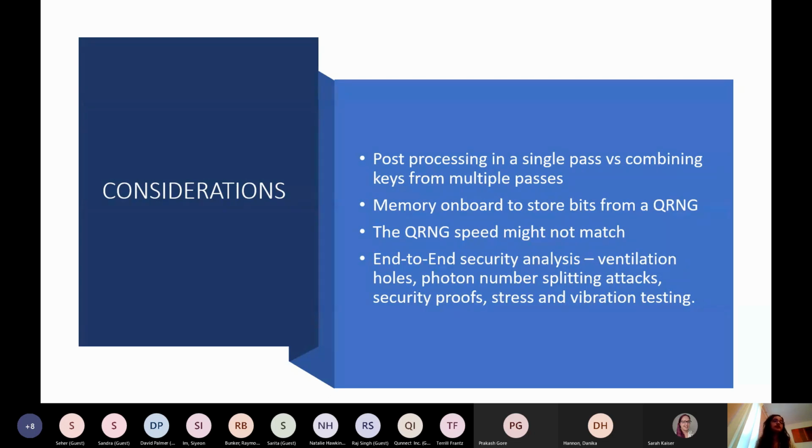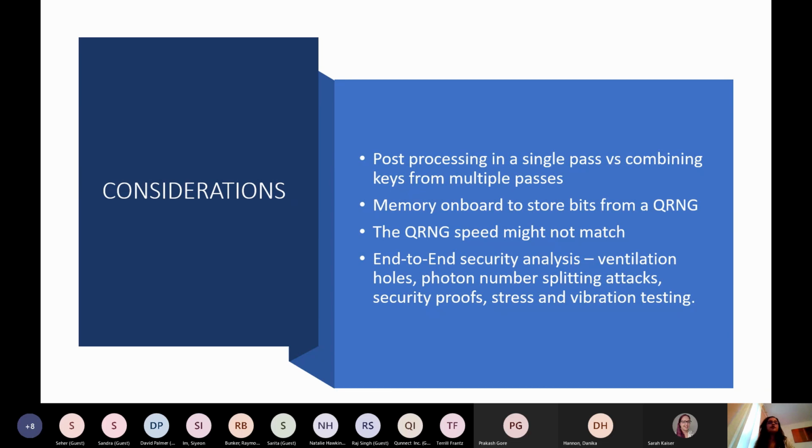What kind of quantum random number generators are there in the market right now? Because a lot of the quantum random number generators in the market do not have the speed, the frequency with which they produce quantum random numbers, to be used directly with the source frequency that we have. So what we might need to do is take a QRNG, put the output of the QRNG in a buffer in our memory, and then use that buffer. But we also have to take all of this and do an end-to-end security analysis to ensure that, okay, QKD is only one part of ensuring secure communications, but there's a lot of classical mechanics around it.